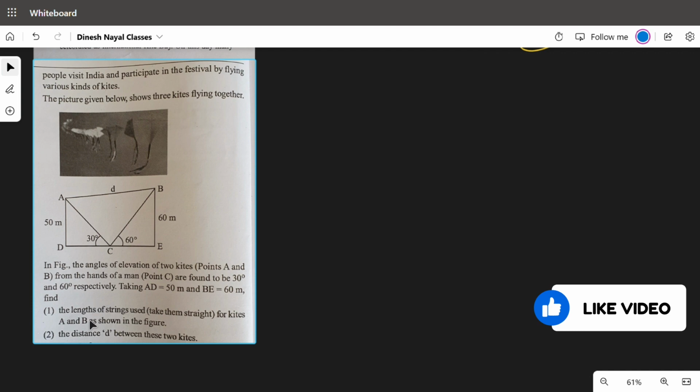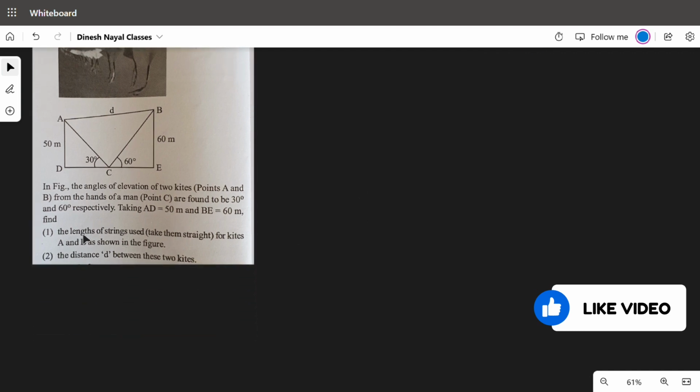Okay, the first part is you have to find the length of the string used for kites A and B as shown in the figure. So basically you have to find the length of AC and CB. To find the length of AC and CB, first of all, we take triangle